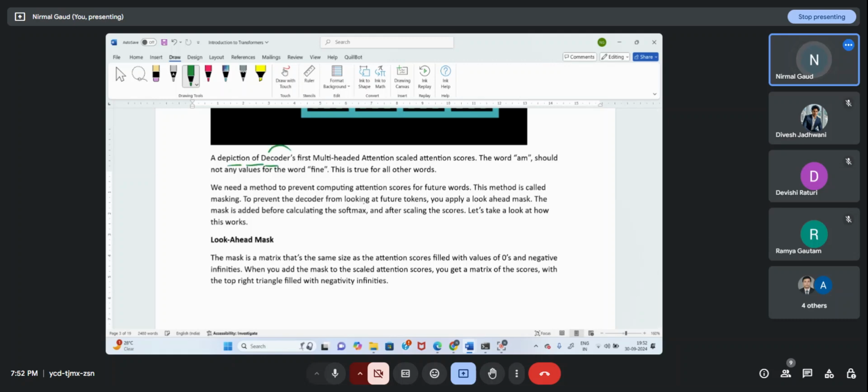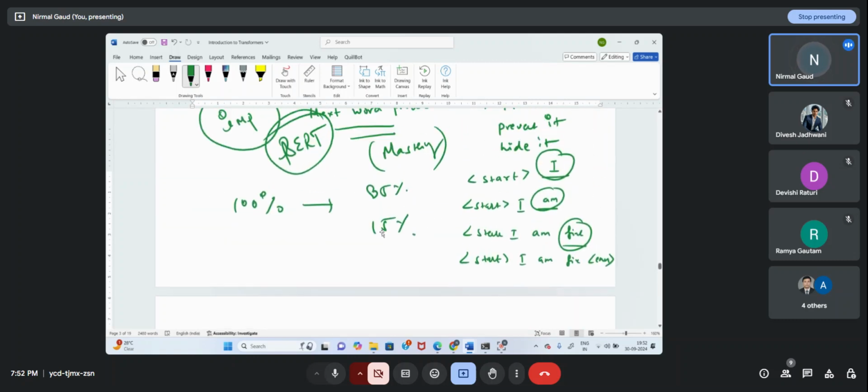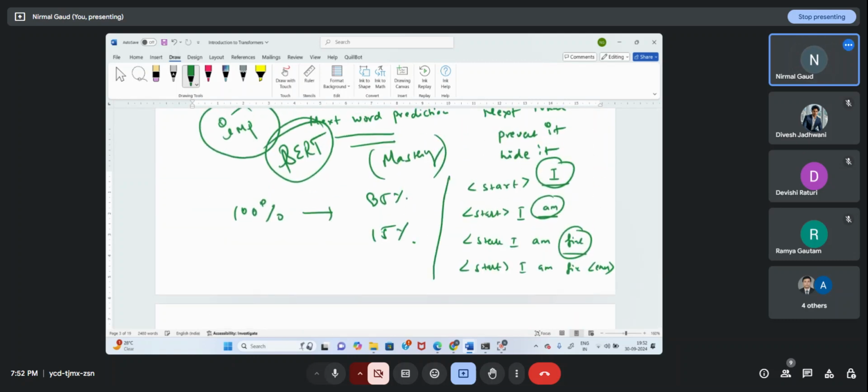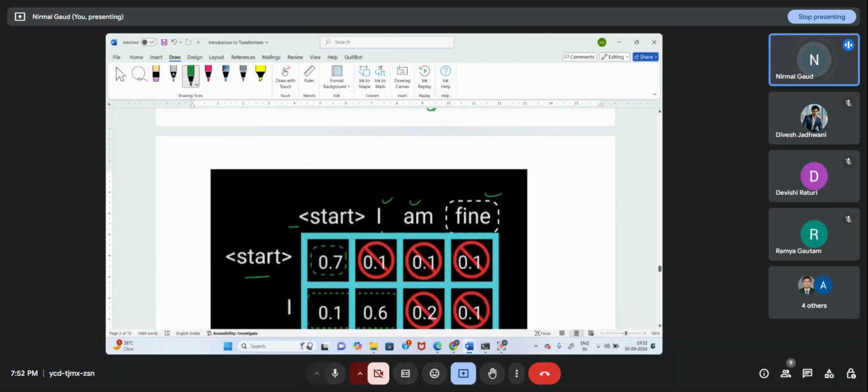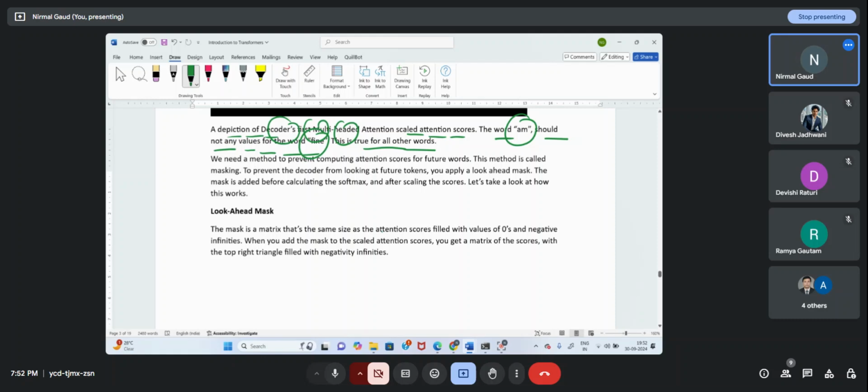A depiction of decoder's multi-head attention scaled attention score, the word M should not have any value for the word fine। दिस इज ट्रू फॉर ऑल अदर वर्ड्स ऑल्सो। मैं आपको पहले ही बता चुका हूं ना, यहाँ पर ये तो अंग्रेजी में भी लिख रहा है, ये बताया तो था ये कि स्टार्ट के बाद आई आएगा, दिस शुड नॉट बी नोन। आई के बाद एम आएगा, दिस शुड नॉट बी नोन। देन फाइन, दिस शुड नॉट बी नोन। ओके, ये डिकोडर को आइडेंटिफाई करना है मैकेनिज्म में। ओके, we need a method to prevent computing attention score of future words। ब्लॉक करो इस चीज को।